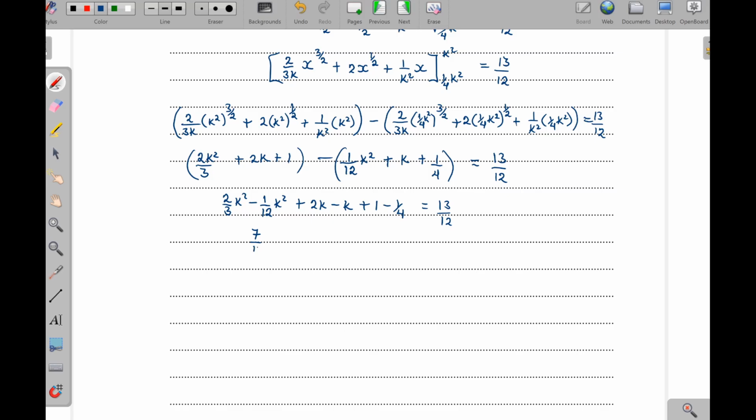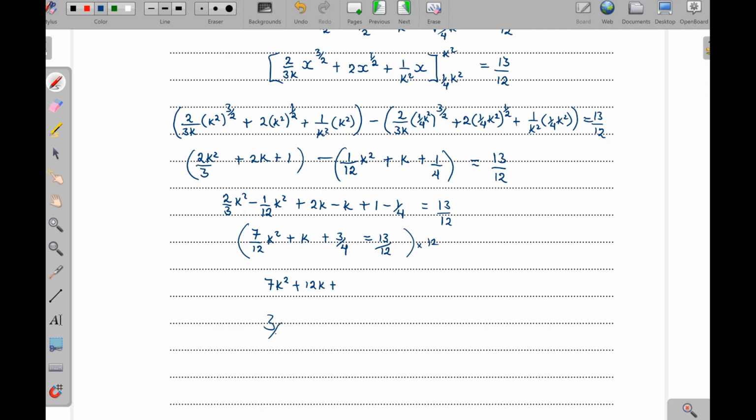So 7 out of 12 of k squared. Then plus, here we shall get a k. Then here we shall get 3 over 4. Then this one will give us 13 over 12. Now we can multiply all through by 12 to eliminate the denominators. Even 4 goes into the 12. In other words, the LCM of 12, 1, and 4 is a what? Is a 12. Okay, so multiplying all through by 12, we shall get here 7k squared plus 12k, then plus,